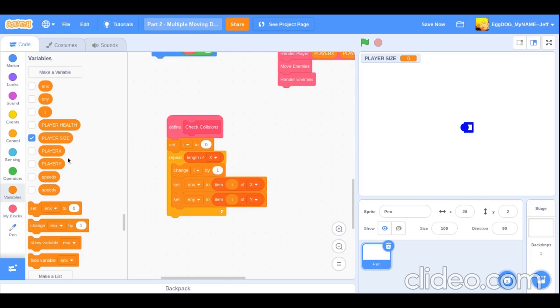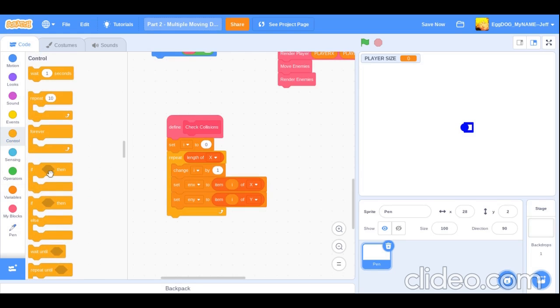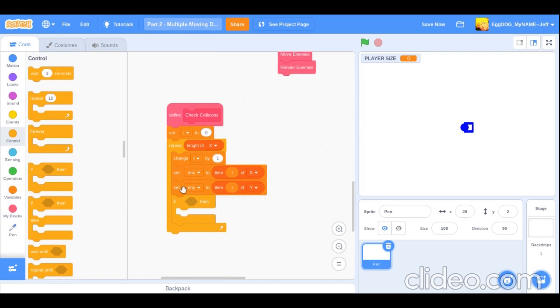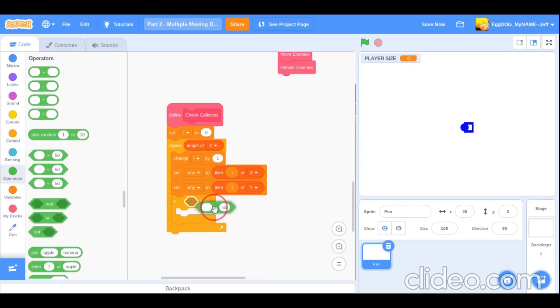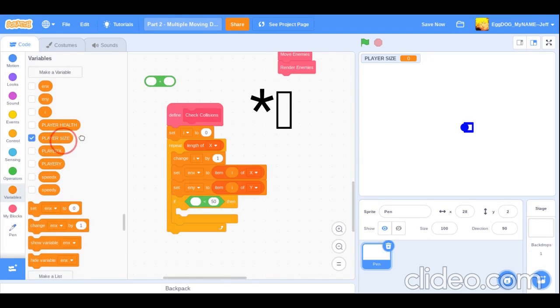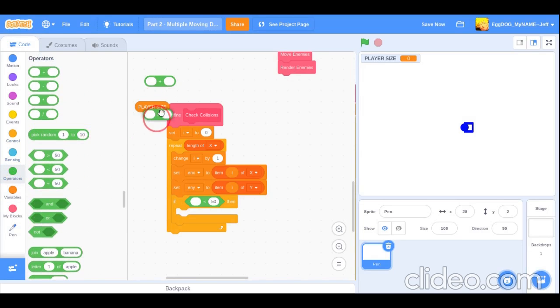So what you need to do, if you want to check the collisions, you have to do this. Okay, so bring out an if statement. So you want to check if the distance between the 2 points. Okay, this is kind of hard to say. So take half of the size of both units. Okay, so the player size divided by 2 plus,